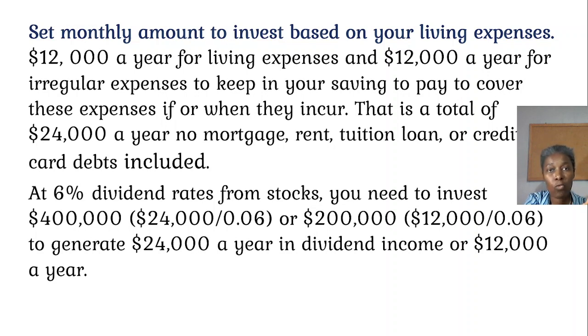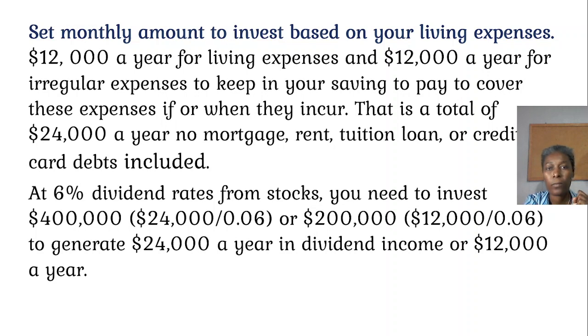So if you take that $2,000, that's $24,000 a year. At what rate can you earn $24,000 a year if you invest in the stock market? If you choose 6%, again, you are going to take that 24,000 divided by that 6% to find how much you need to have invested to earn $24,000 a year. So if you invest $400,000 at 6% dividend rate, you will be earning $24,000 a year,